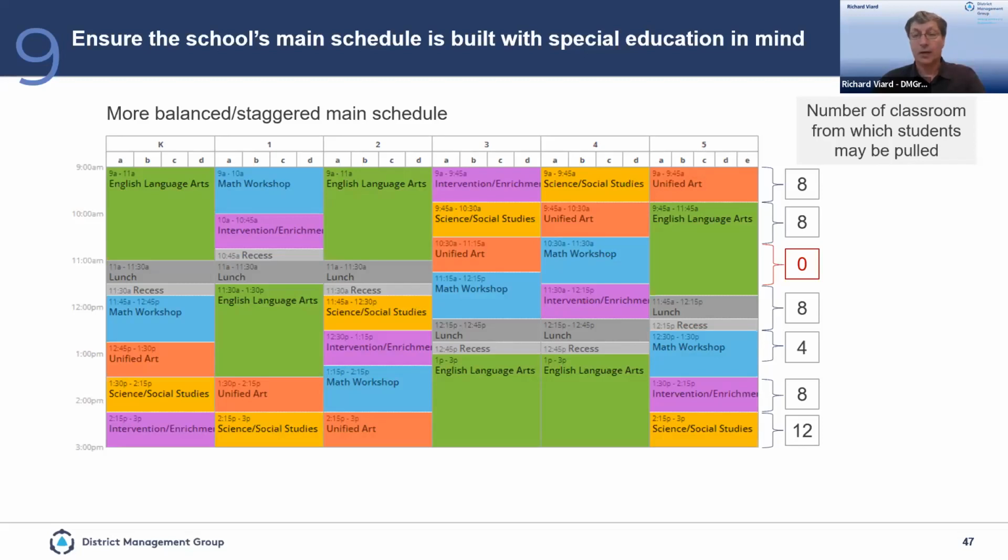Sometimes if students have a lot of needs, maybe science, social studies is the next block you may pull out of to protect that ELA and math. So if you look at this schedule, it's much more balanced. It's also a grade level schedule. Also, everything is spelled out on the schedule.